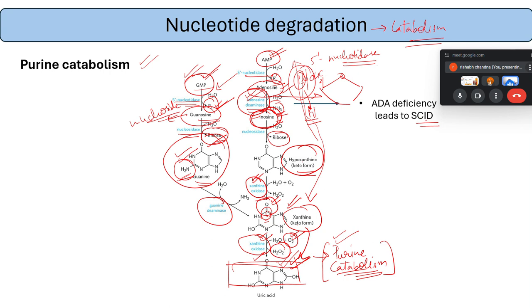There is no such cure, and the T and B cells of the immune system are basically affected during the deficiency of this particular disease, because during lifetime these two cells are the only cells that are basically formed, and